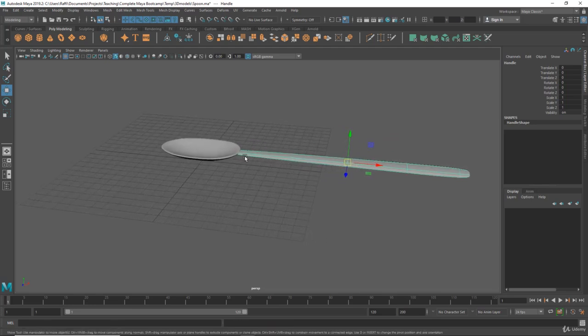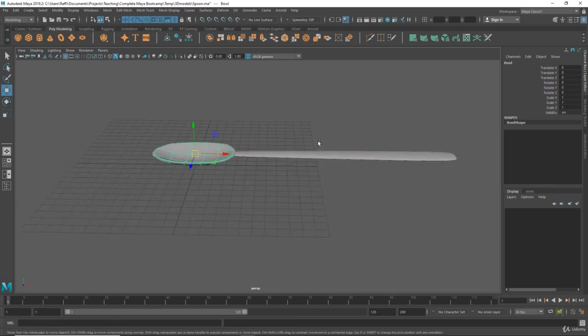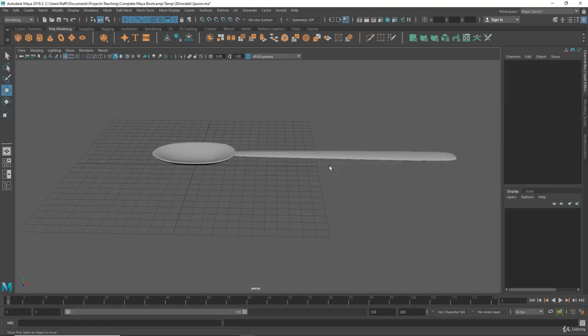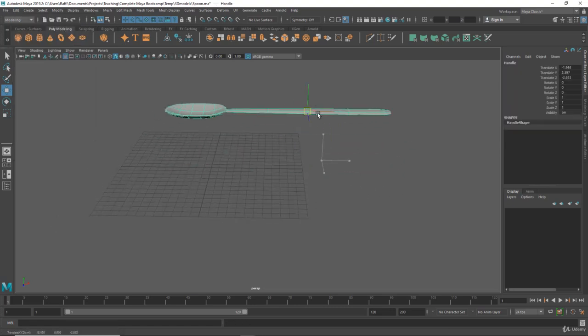So first we need to select the child and then shift and select the handle. And now if I go to Edit and then click on Parent, or you can hit P on the keyboard. So if I click on that, now if I select the handle, as you see, the second part is moving